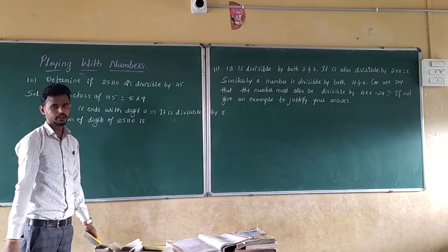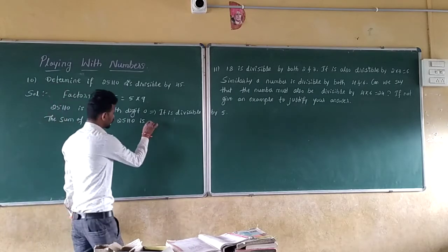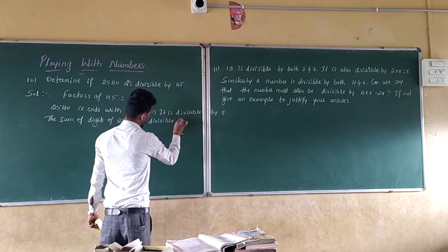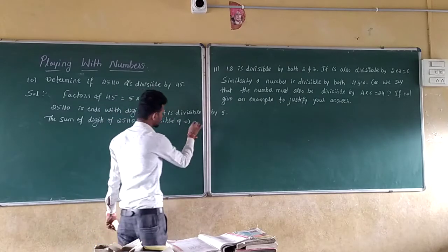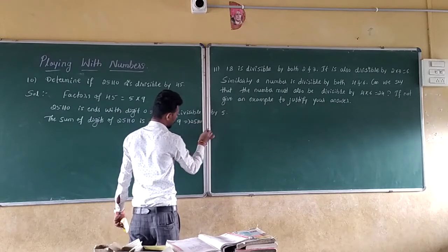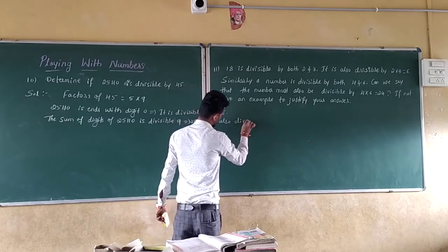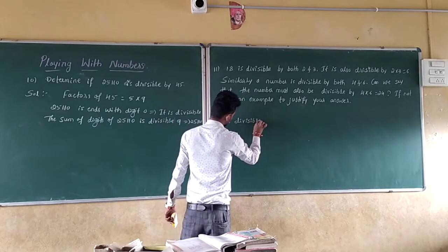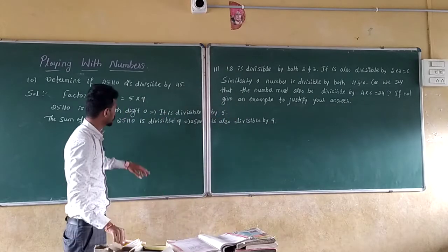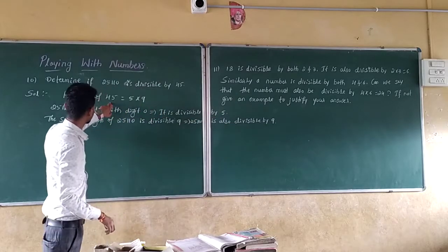You know that divisibility test. So the sum of the digits of this number is divisible by 9. That means 25,110 is also divisible by 9. So the given number is divisible by both 5 and 9, hence it must be